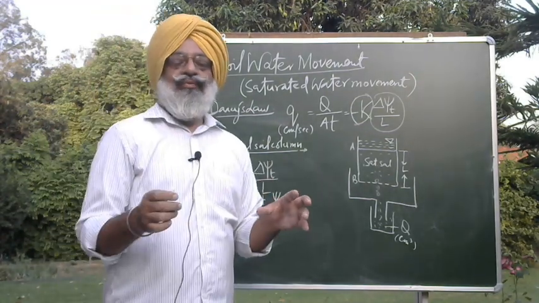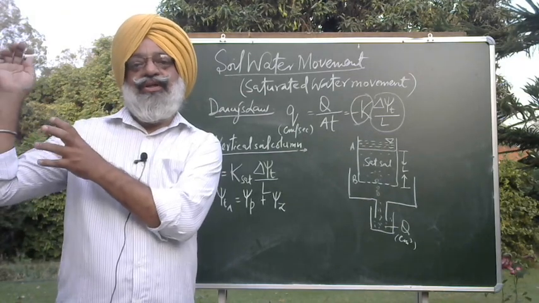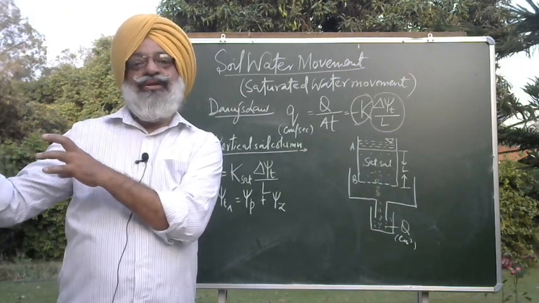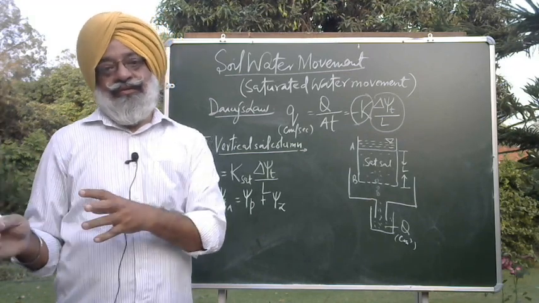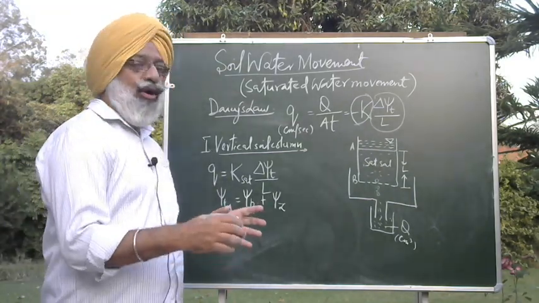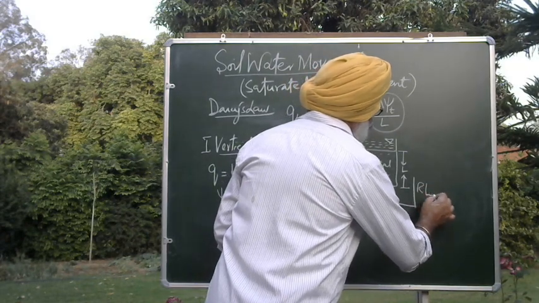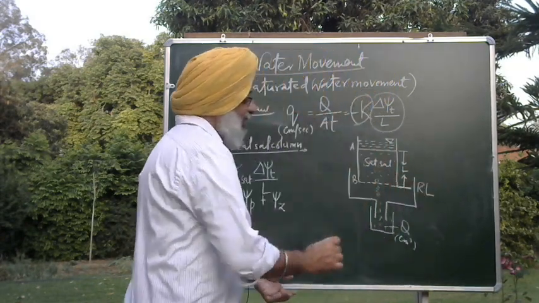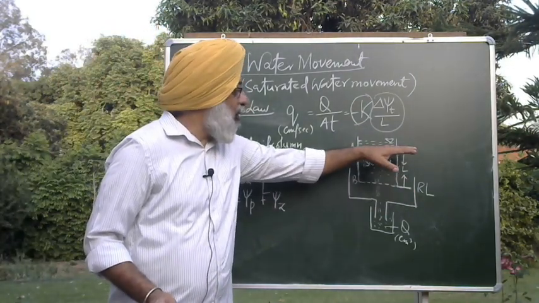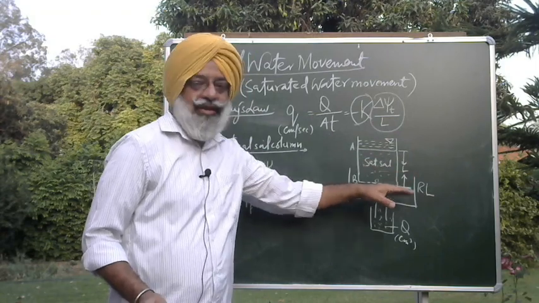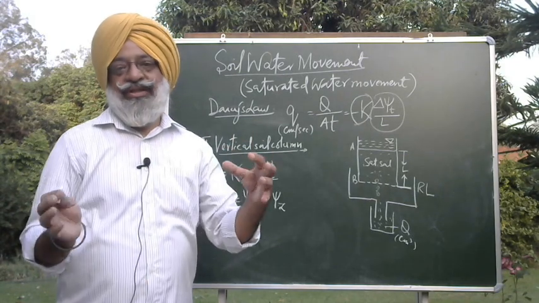Now, we always find out the effect of gravity, or gravitational potential. Gravitational potential is calculated from the point of center of gravity, and that is the center of the earth. So this is far away from this. In order to make this calculation easy, what we do is we select a reference level. So here in this case I am selecting the reference level at A. So whether you select the reference level over B or over A or in between, the value will remain the same. I mean the magnitude will remain the same.